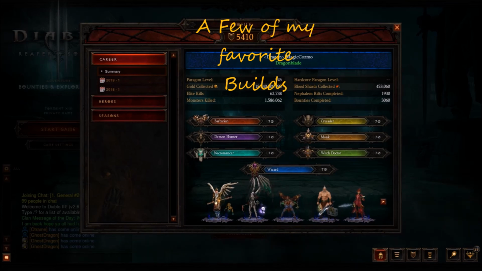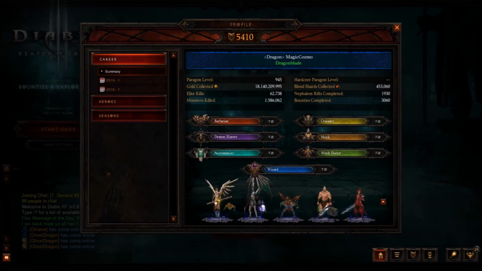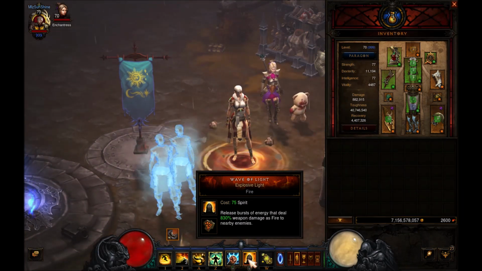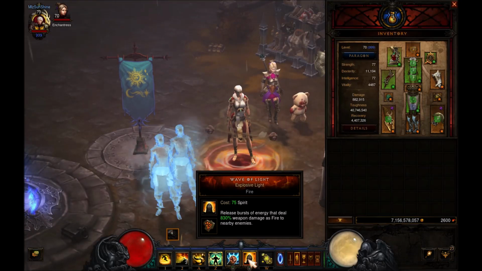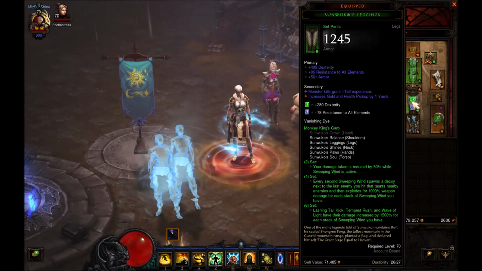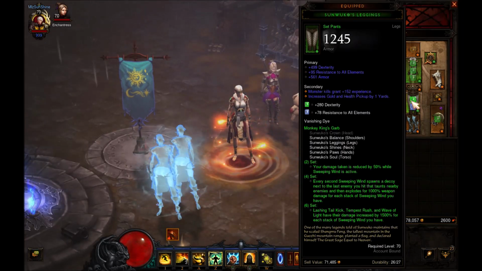various builds to help you get through your Diablo 3 season journey in a fun and easy manner. In this episode, just in time for Season 21, we'll be looking at the Wave of Light build for the Monk using the Monkey King's Garb, also known as the Sunwuko set, or to shorten things, I call it the